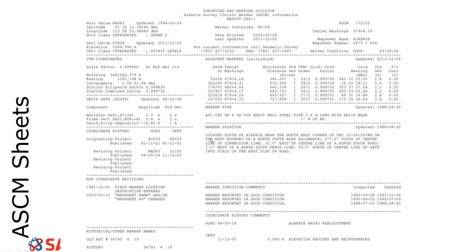So this marker location is located south of Airdrie, near the northeast corner of this section, on the east boundary of a north-south road allowance. Okay, so this is on the east. Remember that monuments, like the property monuments, are on the west. So they put this on the east, obviously, for a very specific reason. Then it is 277 feet south of center line of correction line. Okay. And then it's 32 feet east of the center line of a north-south